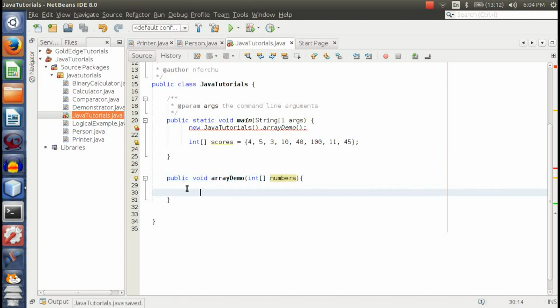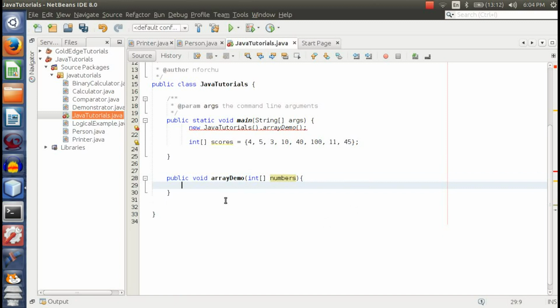And what I'm saying here is this method is capable of accepting an array of integers, and I'm going to call the array numbers. And inside here I could do for int num in numbers, print out every value,